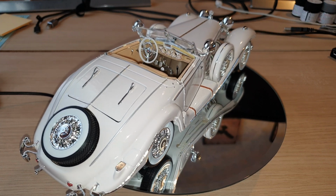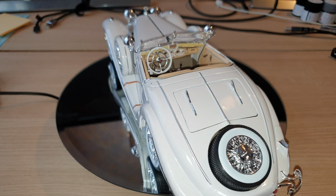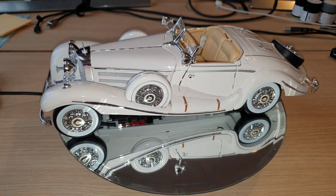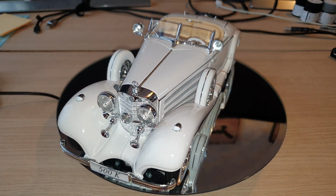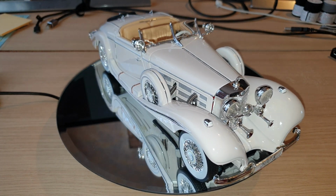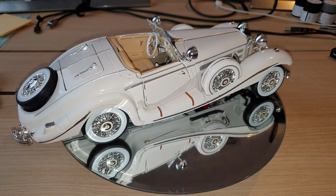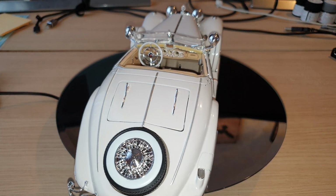I actually have this model for a little while now, possibly a year and a half to 2 years. For the past 2 years, I haven't done anything to it. I just kept it in stock form. But of late, I had an idea of custom painting the engine bay as well as the under chassis, just to give it a little bit more color so that it stands out on the display